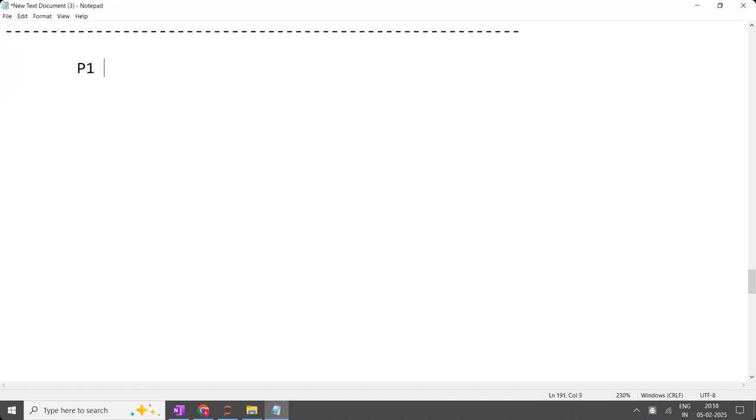I'll tell you two options, person one and person two. You tell me which person you are going to select. Now, person one is having low skills. He's not having that much skill in data analysis. Skills means data analysis skills only. I'm not discussing the BTech skills. I'm not giving the job based on BTech or MTech or anything. I'm giving the job based on data analysis skills. So one person has low data analysis skills. One person has high data analysis skills. Now tell me whom you are going to select.